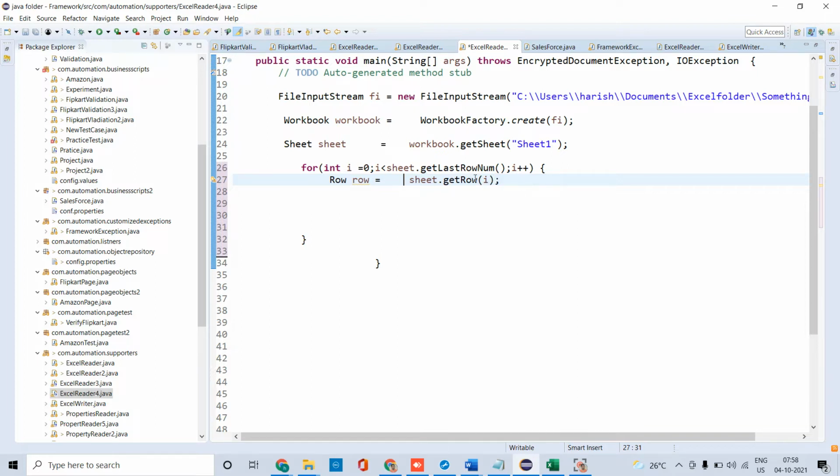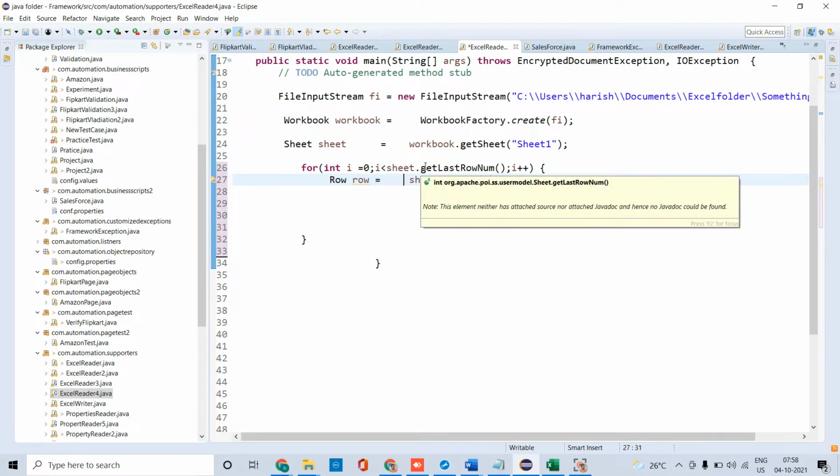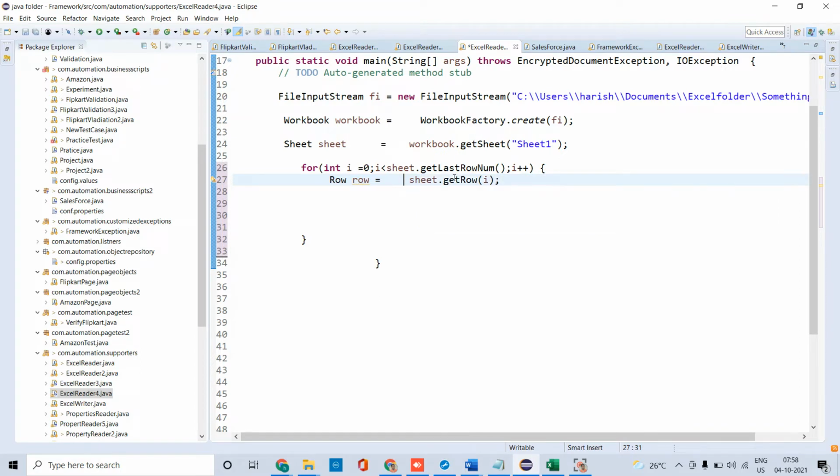Suppose I have 10 rows, it will run with i equal to 0, i less than 10, i plus plus. If the condition is satisfied, then I will get the first row. Then it will go to the inside for loop. After that, it will increase the for loop by using the iterator.